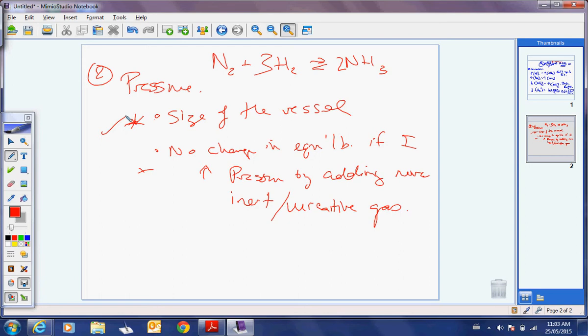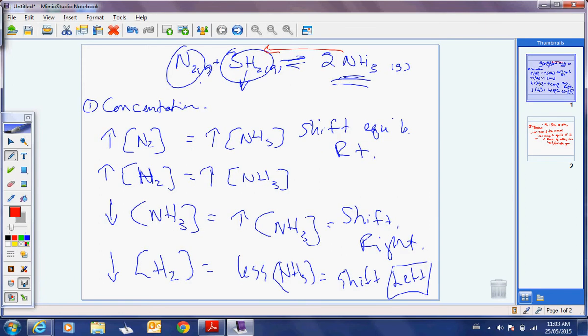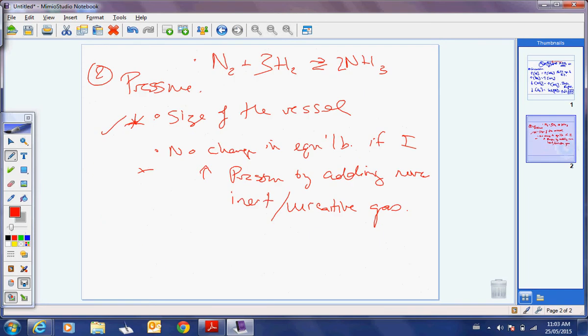By inert gas, well, that's like nitrogen, helium, neon. Okay? In this case, though, for this reaction, it couldn't be nitrogen. As soon as I add nitrogen to the system, I'm back to the concentration discussion. So for this question, what would happen if you added some neon gas to the system? Nothing. Okay? What would happen if you had nitrogen? Now you're talking about the concentration. But let's go with size of pressure. Okay? So,